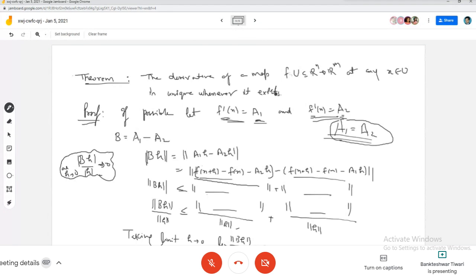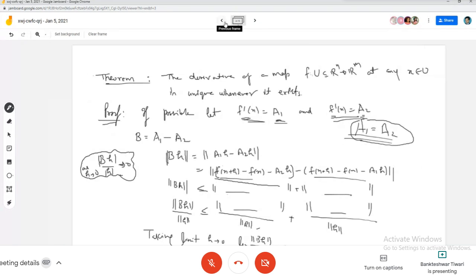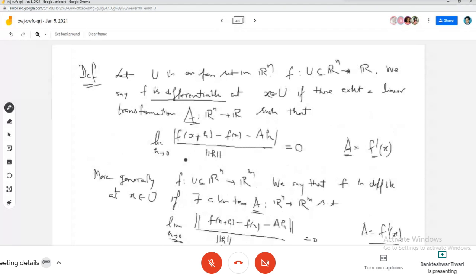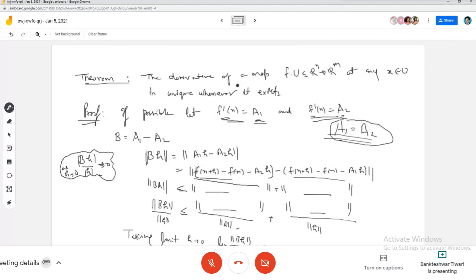लिया जाए। तो चूंकि फंक्शन डिफरेंशिएबल है और उसका डेरिवेटिव एक लीनियर ट्रांसफॉर्मेशन a1 है, तो ये चीज 0 हो जाएगा। f(x+h) - f(x) - a1h divided by norm of h, limit h tending to 0, this is going to be 0। और यही तो है आपका एक्सप्रेशन।